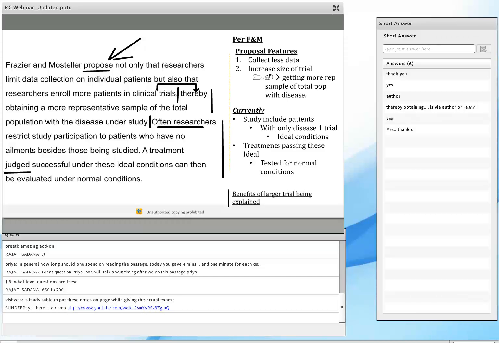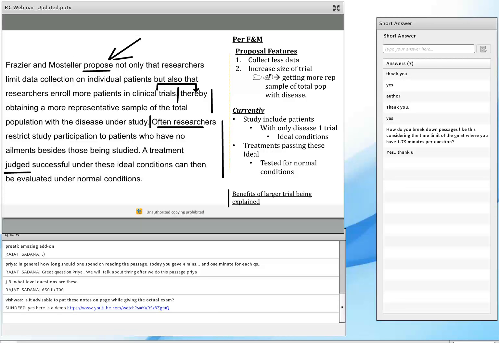So when you see the words there, by obtaining, it says this is what's going to happen over there. It's a prediction. It would be counted under inference. I don't think an inference question would ask this just because of the nature of it, because it's stated over here. But if there were an inference question, you could use this portion. You can use the information from this if that's what you're saying.